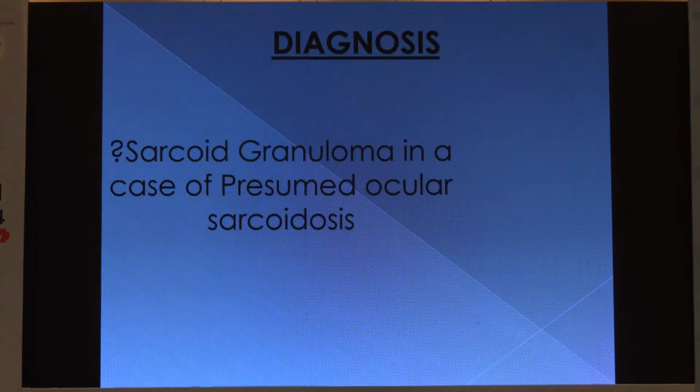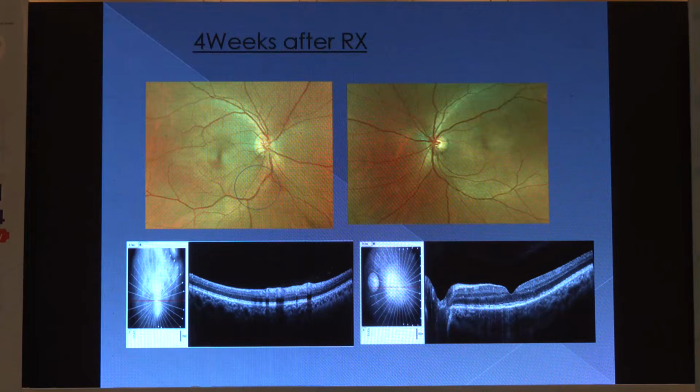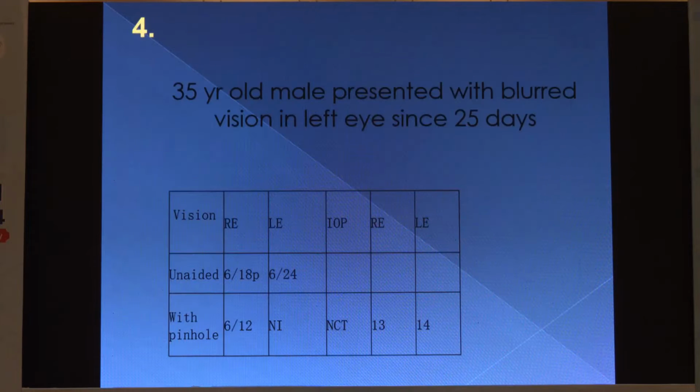So the diagnosis of query sarcoid granuloma in a case of presumed ocular sarcoidosis was made. Treatment was oral steroids. Over a period of 4 weeks after treatment, there was complete resolution of all the subretinal masses. In the fourth case, a 35-year-old male presented to us with blurring of vision in the left eye since